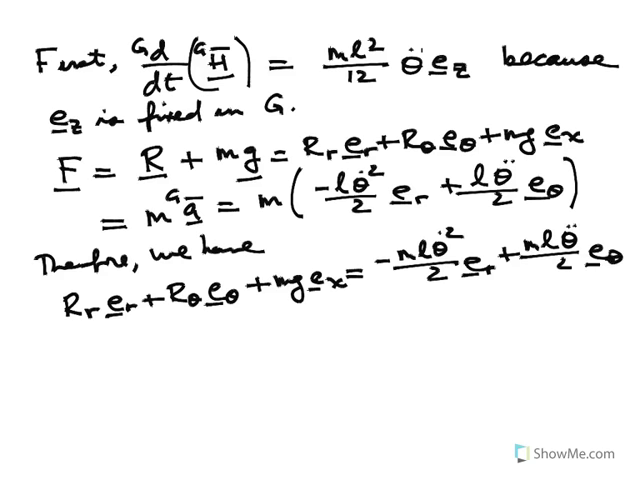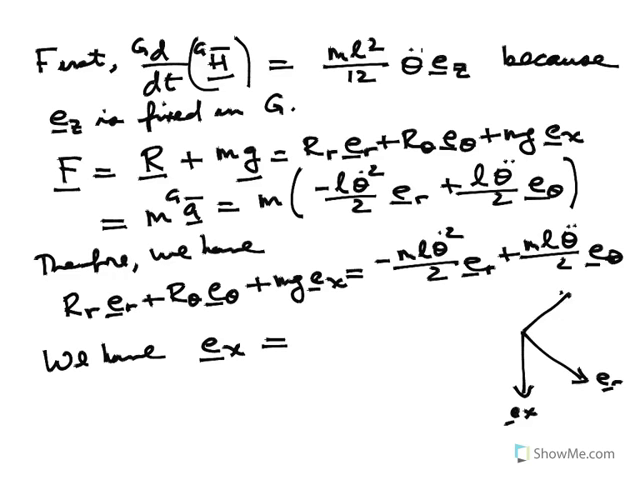Now, we know from the diagram that EX is equal to, well actually let's just look at it, let's draw it over here. Here's EX, there's ER, and there's E theta, right? So as a result, this angle is theta. So EX is equal to cosine theta ER minus the sine of theta times E theta, because that direction is